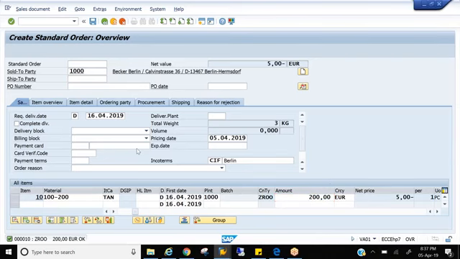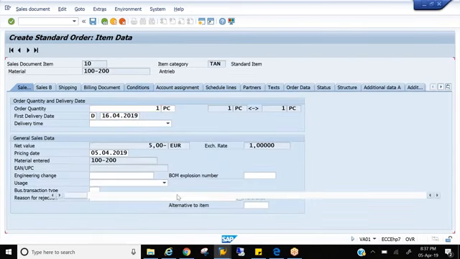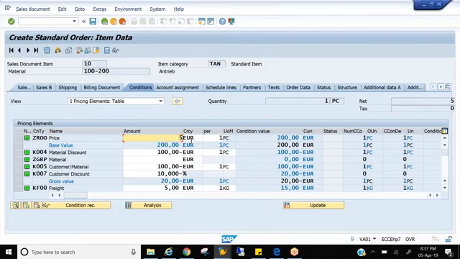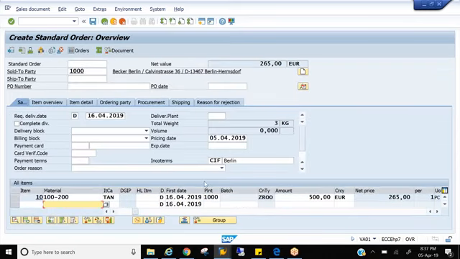You don't need to double click, go to conditions, and change there. You can avoid those 2 or 3 extra steps. If you have 10 line items, you can avoid that extra step. The user can change it right here. That's the reason you do it.